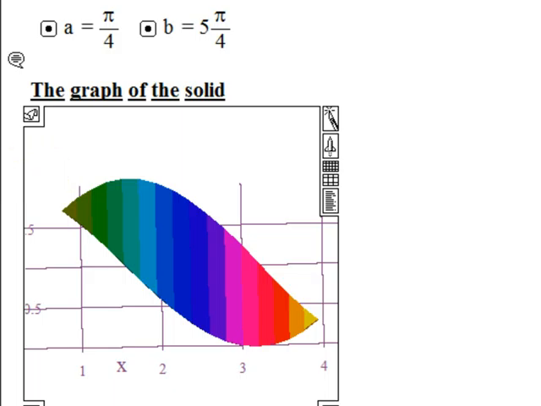So the stuff in between there, the sine and the cosine curve cross at pi over 4, which is about 0.75, and then they cross at 5 pi over 4, which is somewhere up here just shy of 4. So I'm looking at x values between pi over 4 and 5 pi over 4, and my region is completely contained inside of that. Now, the way I'm going to describe this solid is to say that every slice perpendicular